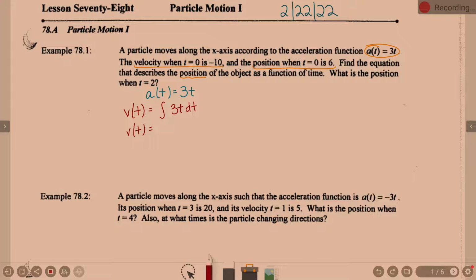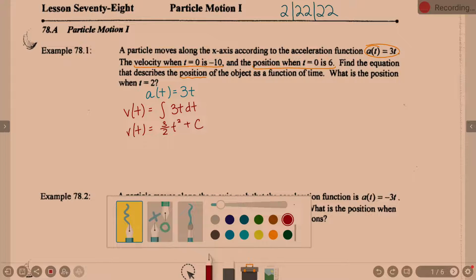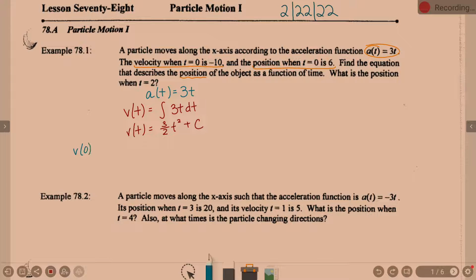3 halves t squared. Technically, we're going to say plus c, right? So we added 1 to the power, divided by the new power, so 3 halves t squared plus c. However, do we get to leave that plus c today? No, because we know that v of 0 is equal to negative 10. We were given velocity when time is 0 is negative 10. So we were essentially given v of 0 is negative 10. And so if you plug this in,